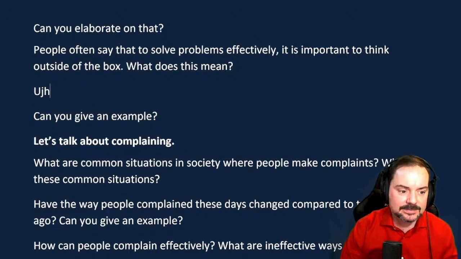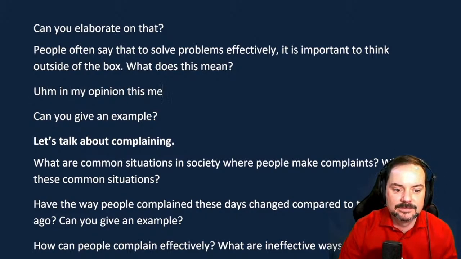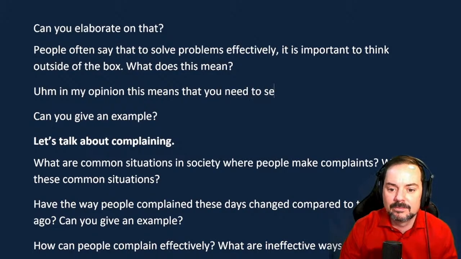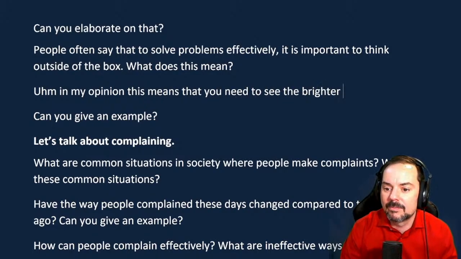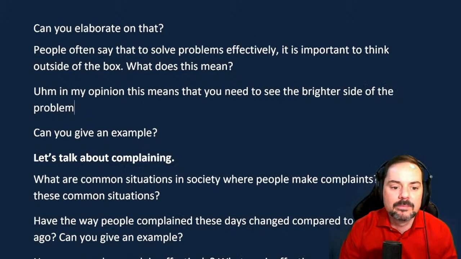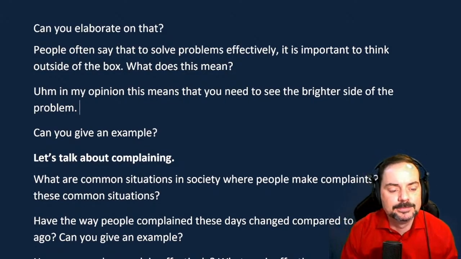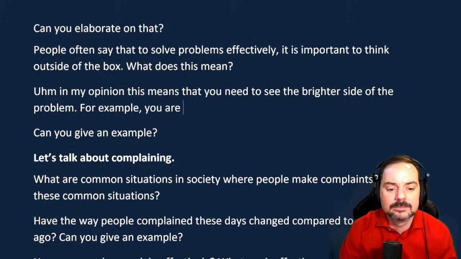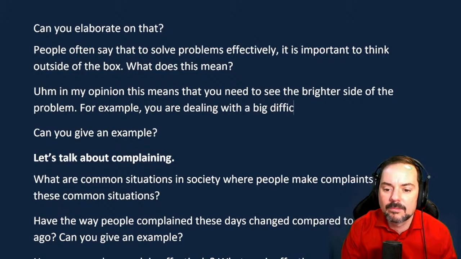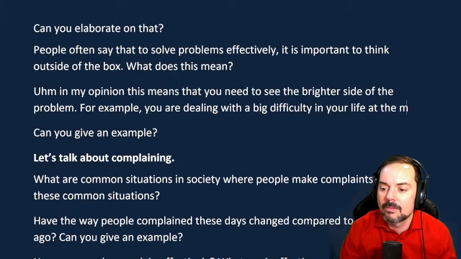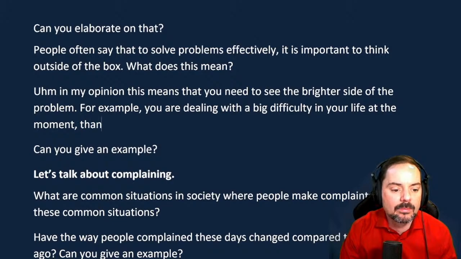In my opinion, this means that you need to see the brighter side of the problem. Can you give an example? For example, you are dealing with a big difficulty in your life at the moment, then you should see the brighter side of it. Once you surpass these difficulties, then